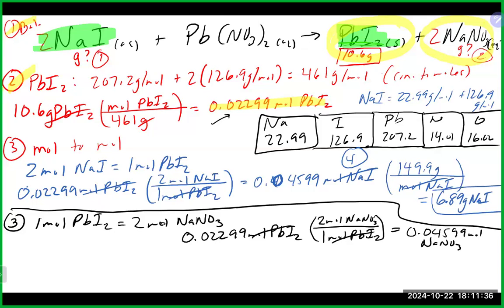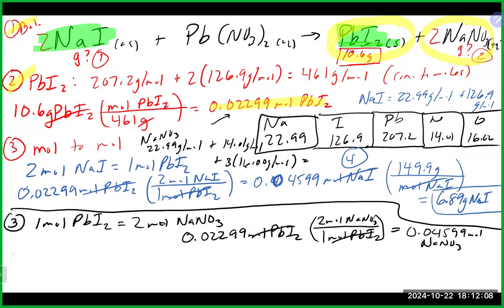Once again, here we're looking for grams, so we need to go back to the periodic table and get the molar mass of our sodium nitrate, which is 22.99 for the sodium, plus 14.01 for our nitrogen, plus 3 times 16 for our oxygens. So if we do all that, 22.99 plus 14.01 plus 3 times 16 gives you